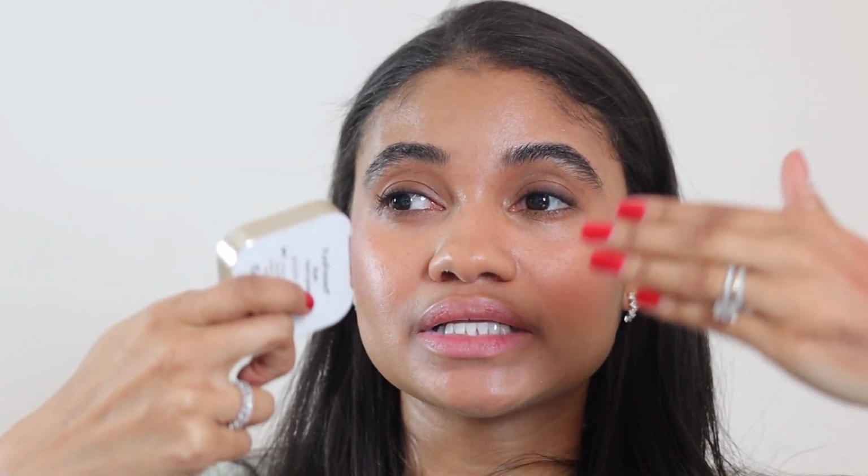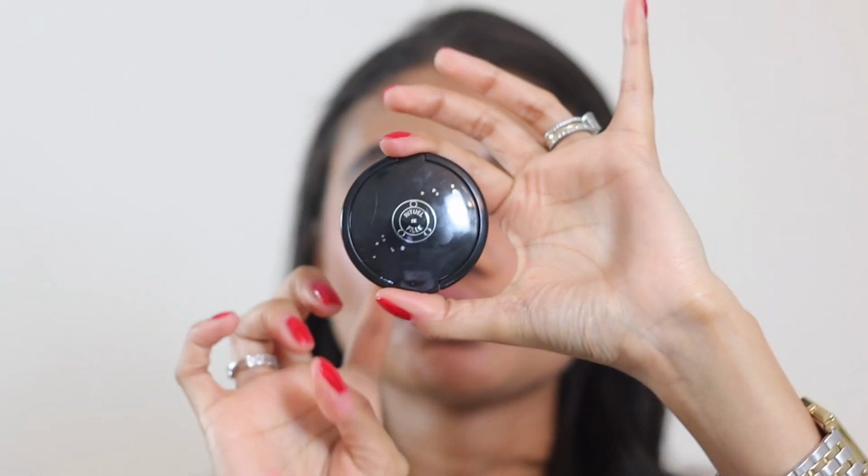I love a really neutral toned blush that doesn't do too much, but gives you a really nice pop of color without overwhelming. Love this. So now we're going to move on to a highlighter, and this one is from Rituel De